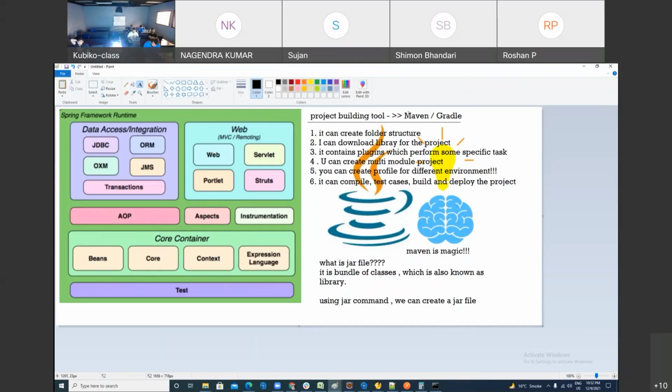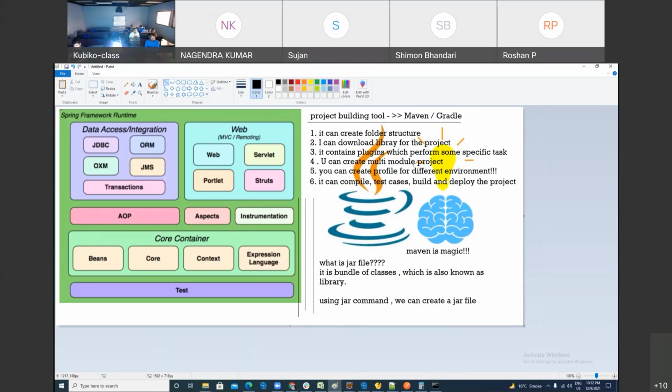If you want to use Maven, you have to download and configure Maven. If you want to use Gradle, whatever you can do with Maven, same thing you can do with Gradle. Whatever you can do with Gradle, same thing you can do with Maven. Make sense? But Gradle is the latest version, and Gradle is a little bit faster compared to Maven. But we love Maven. We'll learn both actually. So let's start with Maven, then we'll come to Gradle.